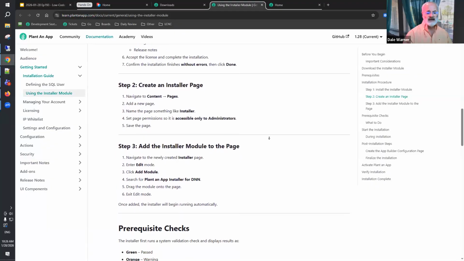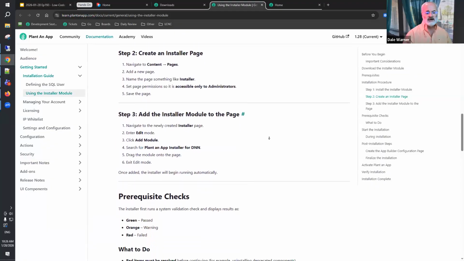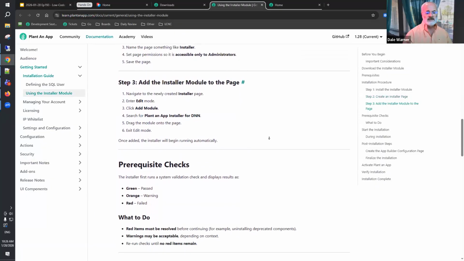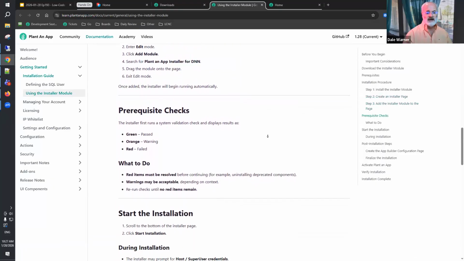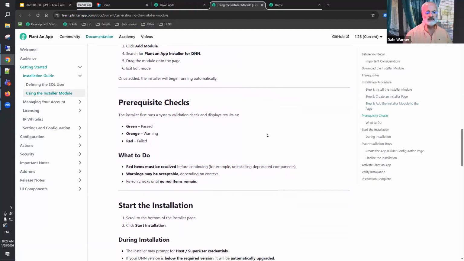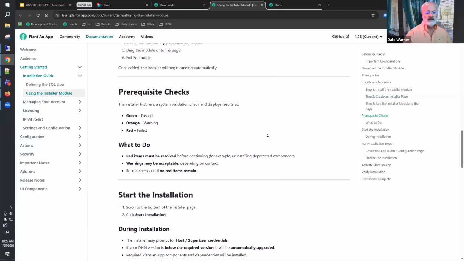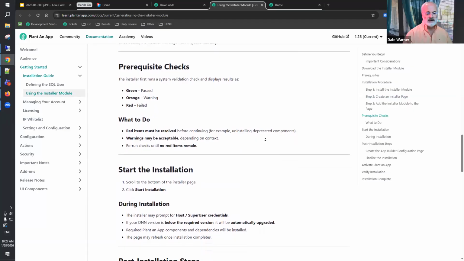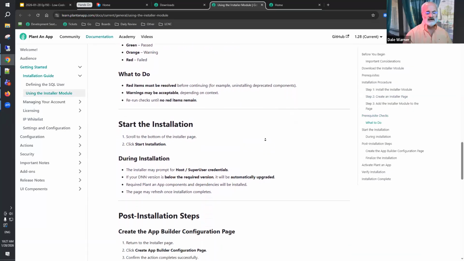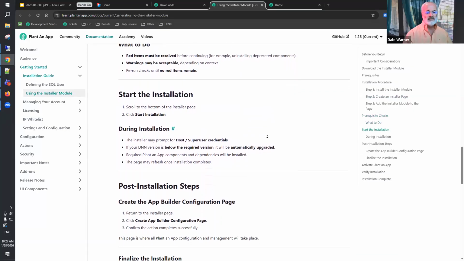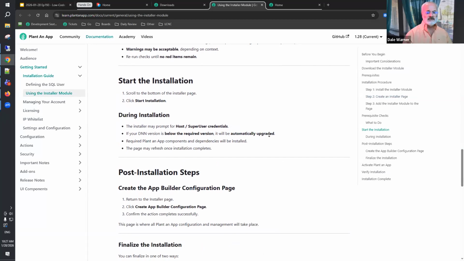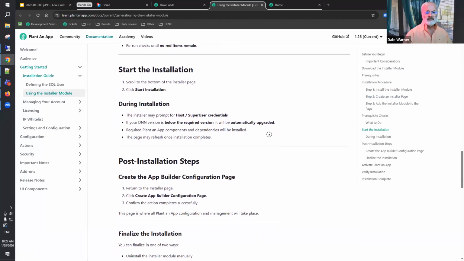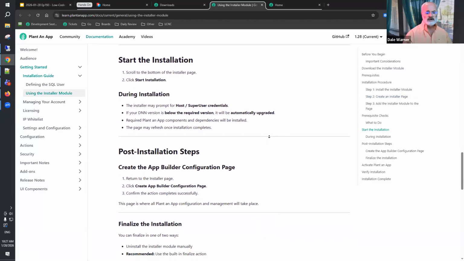Once you add it to the page, it's going to start doing the checks. It'll show green for the things that have passed, orange for the things that are warnings, and red for things that have failed. So long as you only have green and orange, it will let you proceed. There'll be a button to start the installation. When the installation takes place, it almost certainly is going to refer you to the DNN upgrade page,